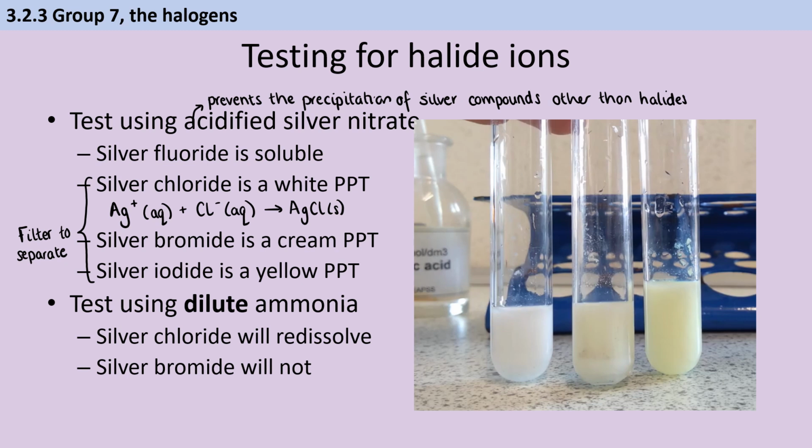Now, if you produce just silver chloride or silver bromide in isolation and you don't have anything to compare them to, it might be hard to say whether it is white or cream. So we can identify this further by adding dilute ammonia, because silver chloride will redissolve in that dilute ammonia, but